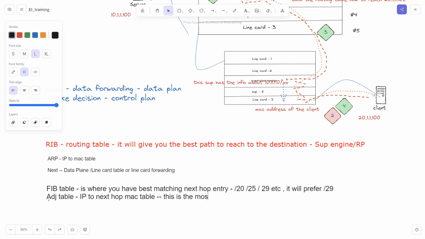This is the most specific, not most, but this is the exact destination where you want to reach, right? And this particular information that we have is in the data plane, and it is the most specific destination you have with respect to the MAC table or MAC address. Okay,